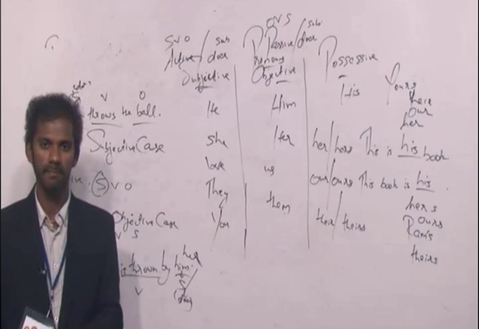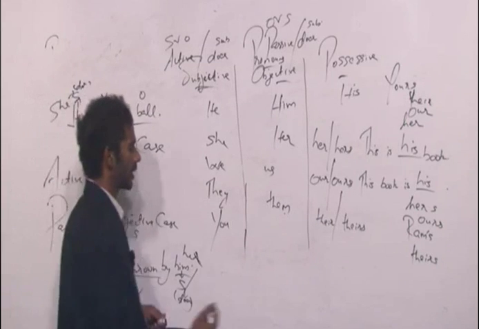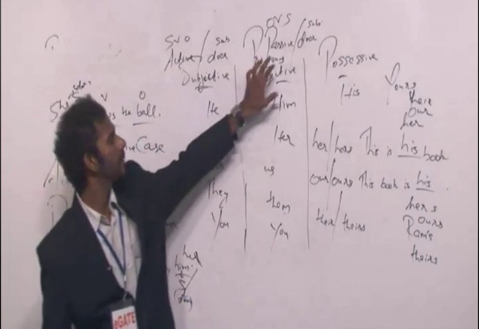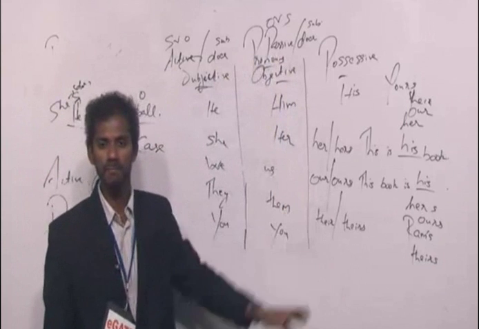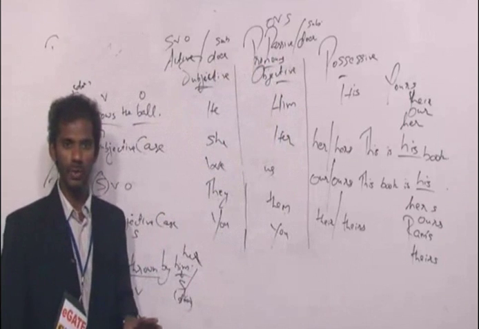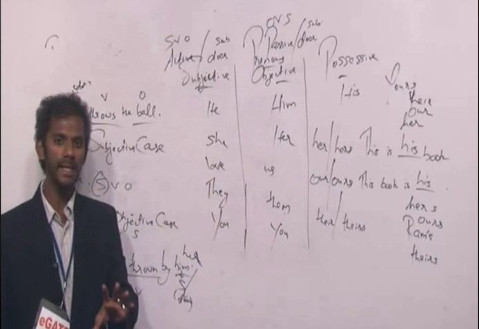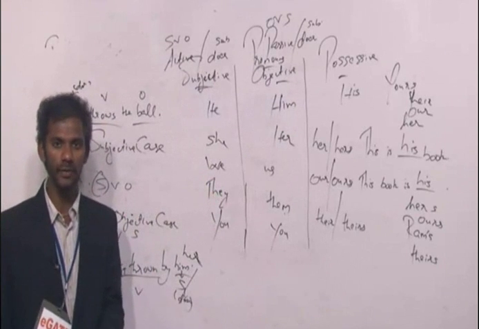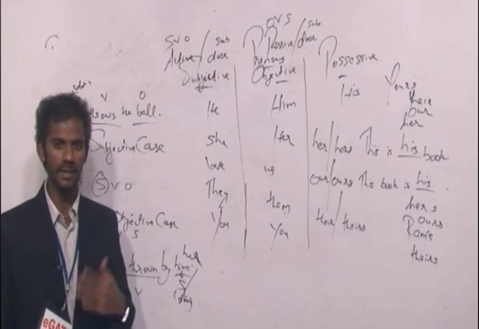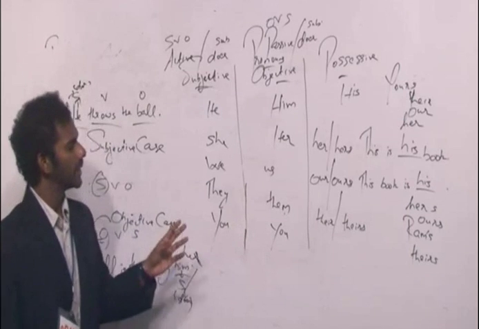You throw the ball. The ball is thrown by? The ball is thrown by you itself. That means "you" comes in the active voice as well as in the passive voice, acting as the doer. That means the pronoun "you" is both subjective as well as objective. Clear? So based on the rules, you must be able to identify whether the pronoun "you" in a sentence is subjective or objective. I'll tell you how to identify in fact. This is dash book.